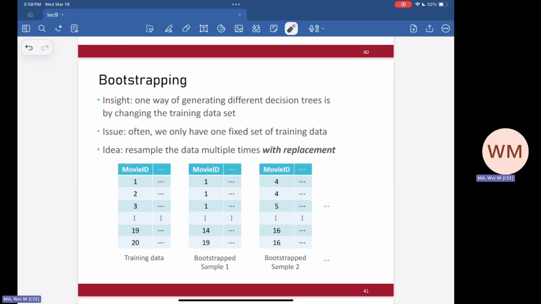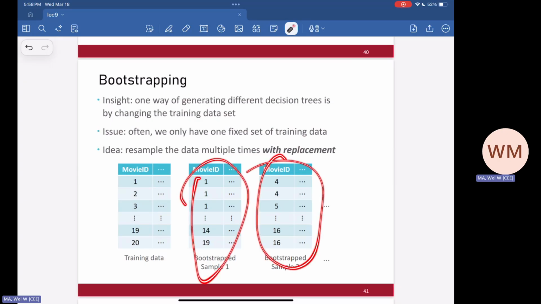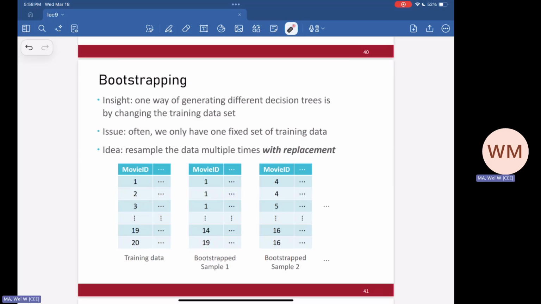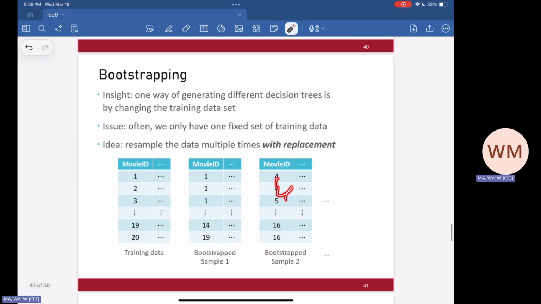Okay, so here you can see that you only have 1 data set for the training. And remember that we want to have multiple learners, right? So what we can do is bootstrap the data from the original training data so that we can have multiple bootstrapped samples. In this bootstrap sample, maybe you have multiple 1, but you don't have 3. And in this one you have multiple 4, but maybe you don't have 1. So each of the data sets is a sample from the training data with some replacement and duplication. Okay, so here you can have multiple data sets